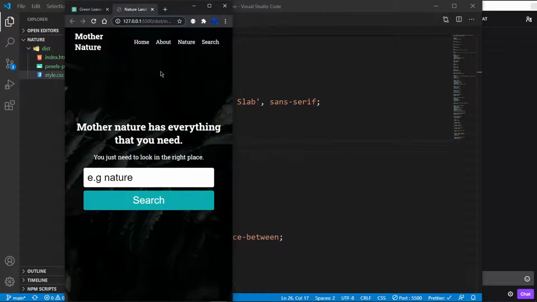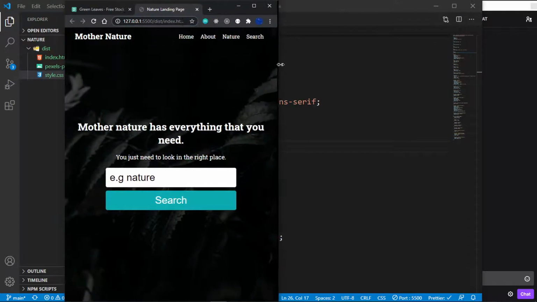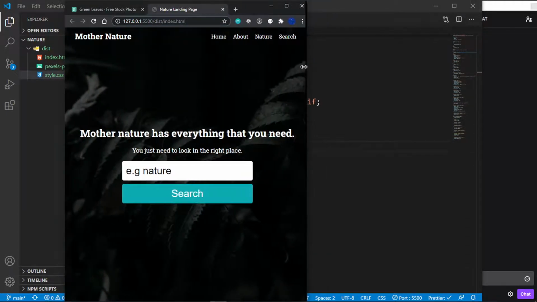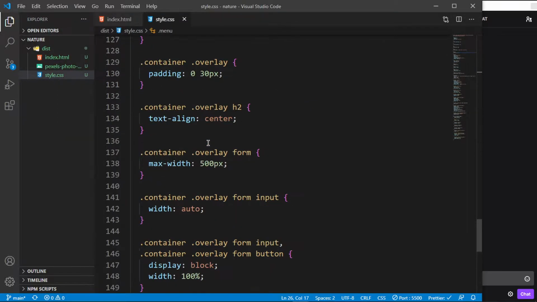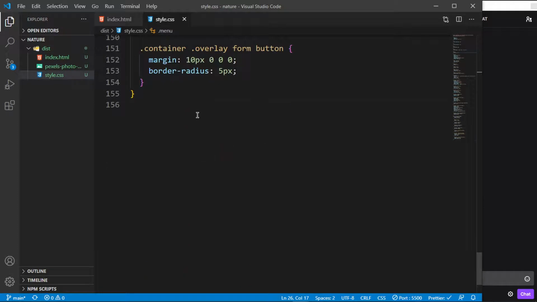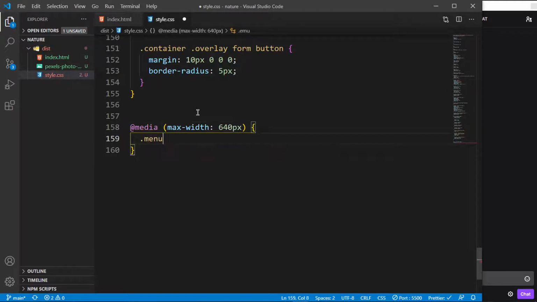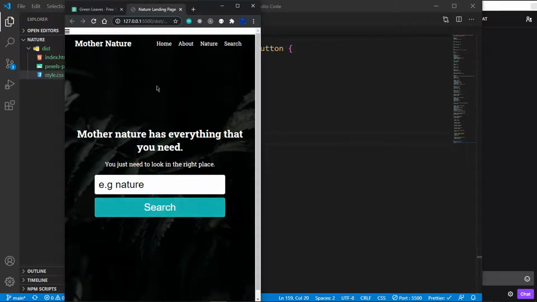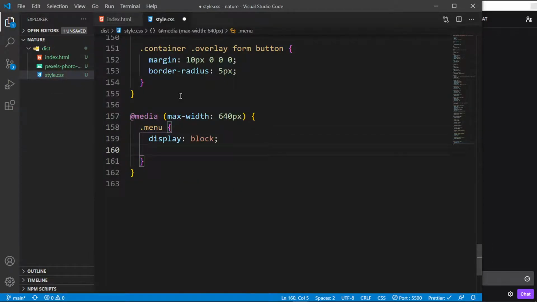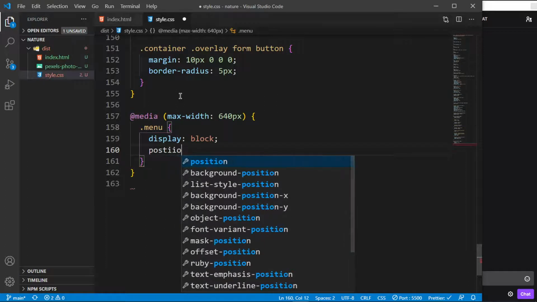And then at about, let's say this is about 640 pixels, right? So I'm going to go below this. This was about 900, so I'm going to go below this, and I'm going to say media max width of 640 pixels. Then I want to target the menu, and I want to say display block, which will now make it appear. But then I want to style it a bit further, and I'm going to say position